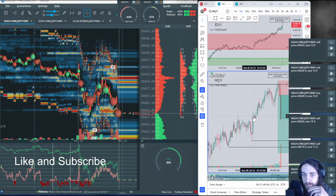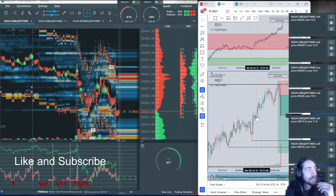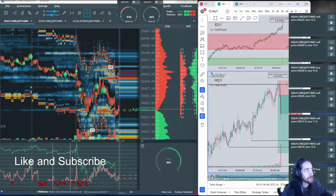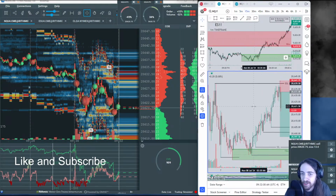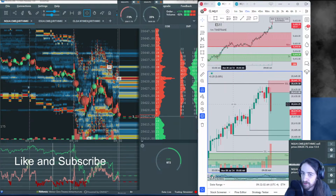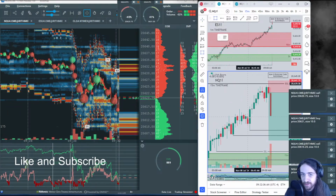Boom, big drop. We're coming to, this is a bit of an order block candle right here. Now, guys, order blocks and supply and demand zones are very, very similar, and I'll show you exactly what I mean. So an order block would potentially be this candle right here, right? So